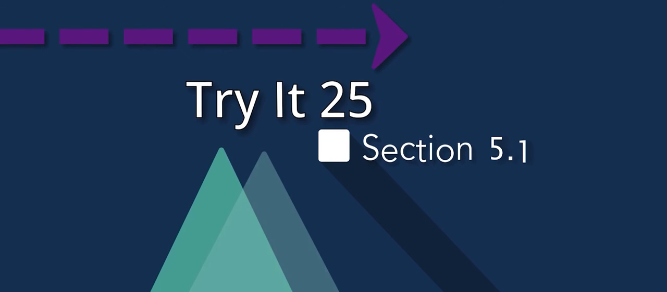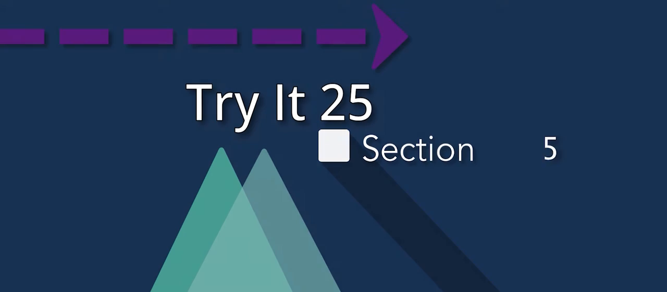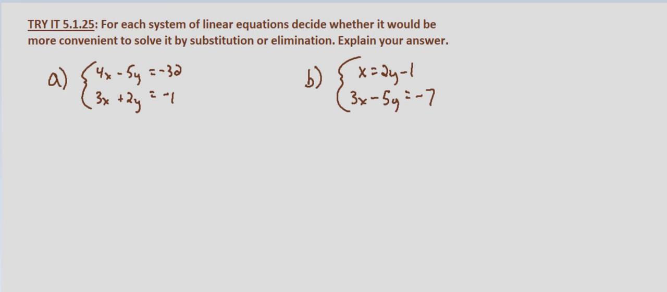So in this problem, we're given systems of linear equations, and we're asked to decide whether it would be more convenient to solve by substitution or elimination, and to explain. Now keep in mind, which way you use to solve is sometimes a matter of personal preference. This is just pointing out that sometimes there are indicators that one way is easier than another. You can always use the other method, but we want to be able to identify the most efficient way to